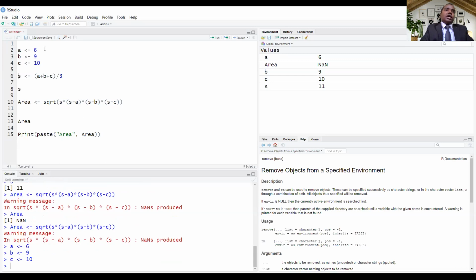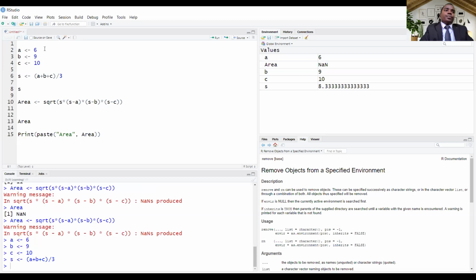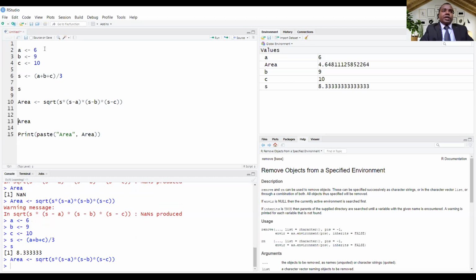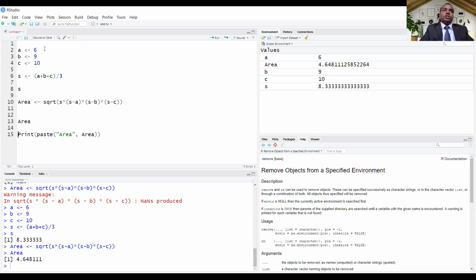Then calculating s and printing it, it is 12.5. Then we calculate the area. The area has been calculated. Let's print the value of area. It is 4.64, our result.